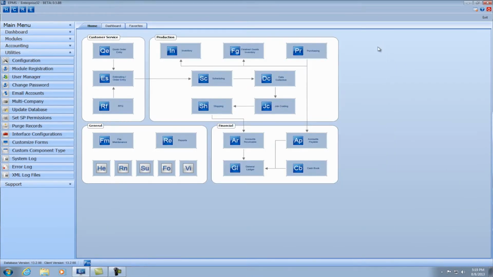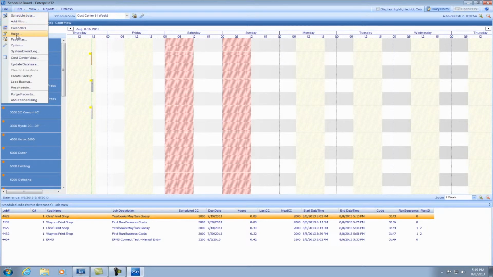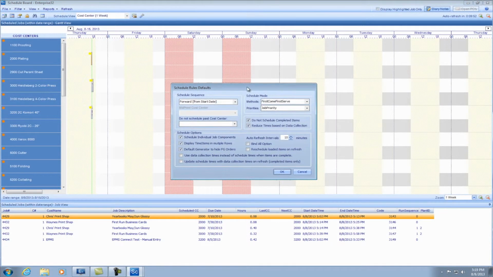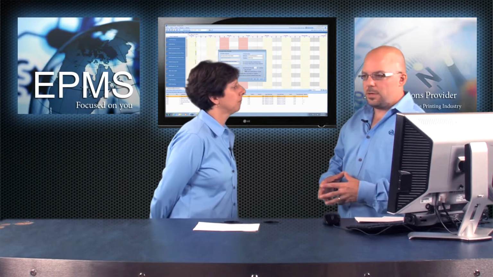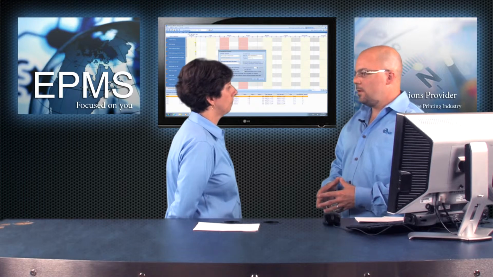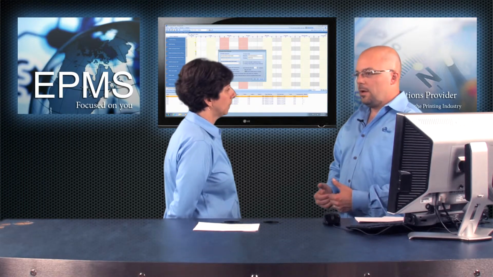A couple of options new in scheduling. One dealing with bind all. They're both under the rules. So one actually says bind all option. And I can leave this up for a second just so the users can read this. But basically, it's going to be a way for the bind all components, bind all processes, to